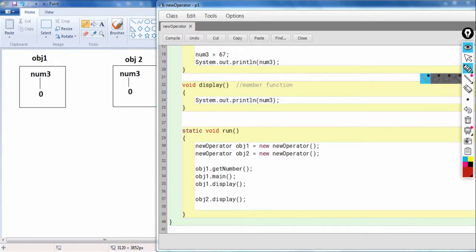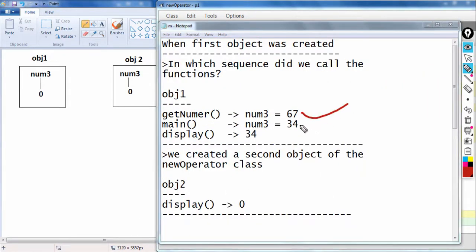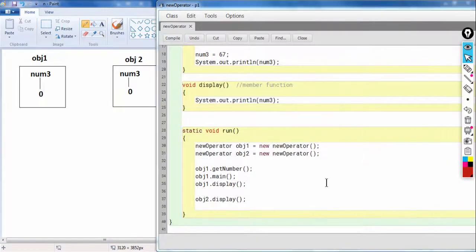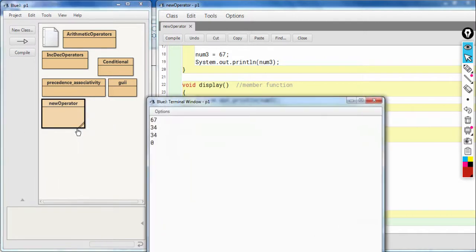Okay, so according to the last output, the sequence of outputs were 67, 34, 34 and 0. So today also we should be able to get the same output. So let's compile and see the output.